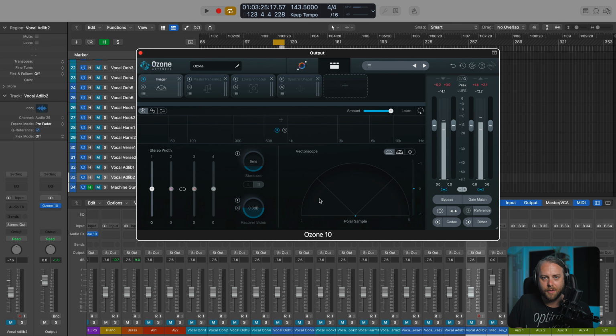This module allows you to broaden the panorama of the stereo field of a given frequency or the entire track. It's totally up to you. You can also narrow things, which is something that I know a lot of people do, and make mono certain aspects of your track. We also have in the imager now this recover sides feature, which is really clever because